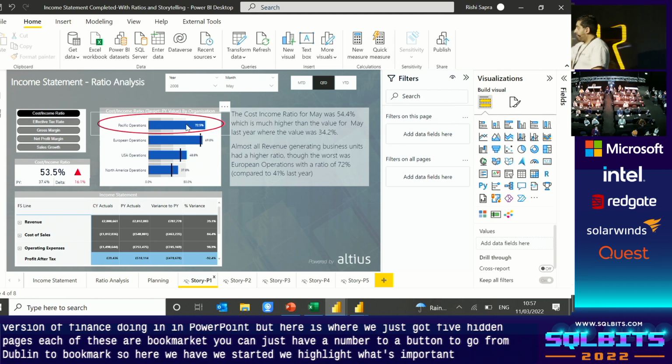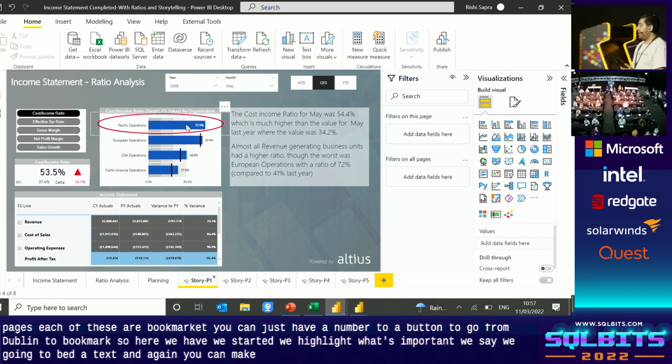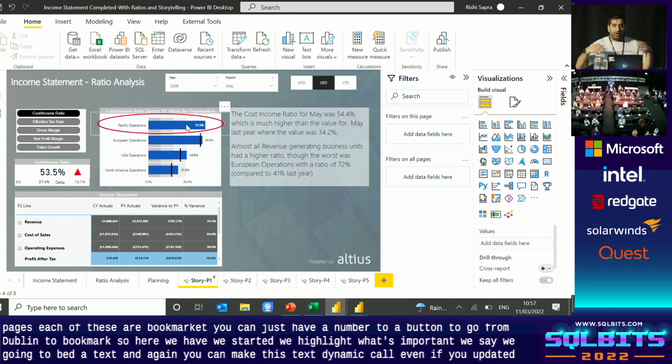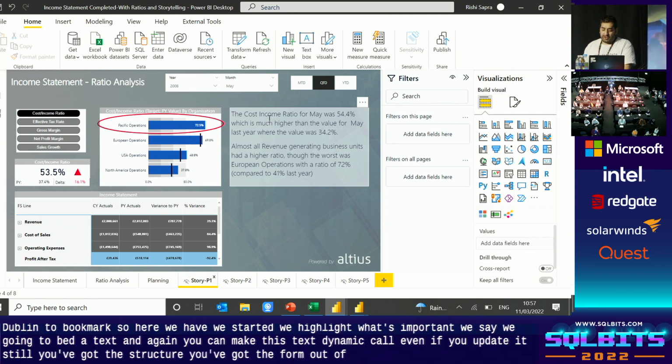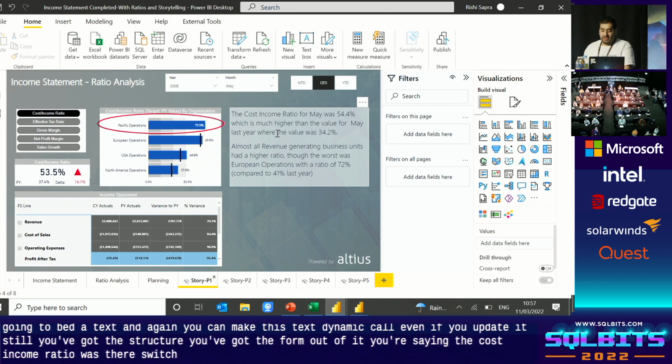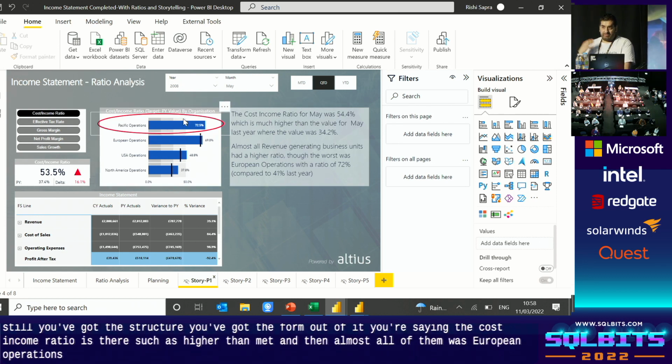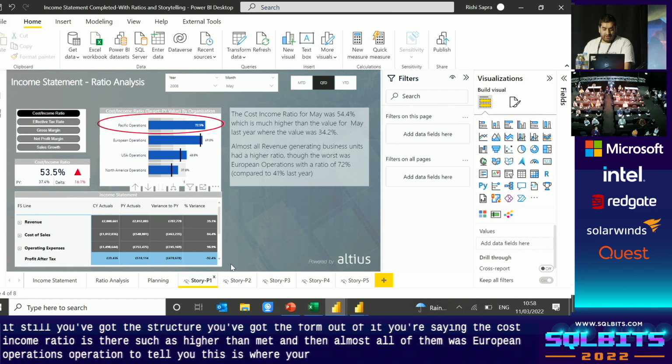We give a bit of text. And again, you can make this text dynamic, or even if you update it, you've still got the structure, you've got the format of it. You're saying the cost income ratio is this, which is higher than May. And then almost all of them was European operations. You highlighted European operations. You're telling them this is where your problem is. Then you say, okay,